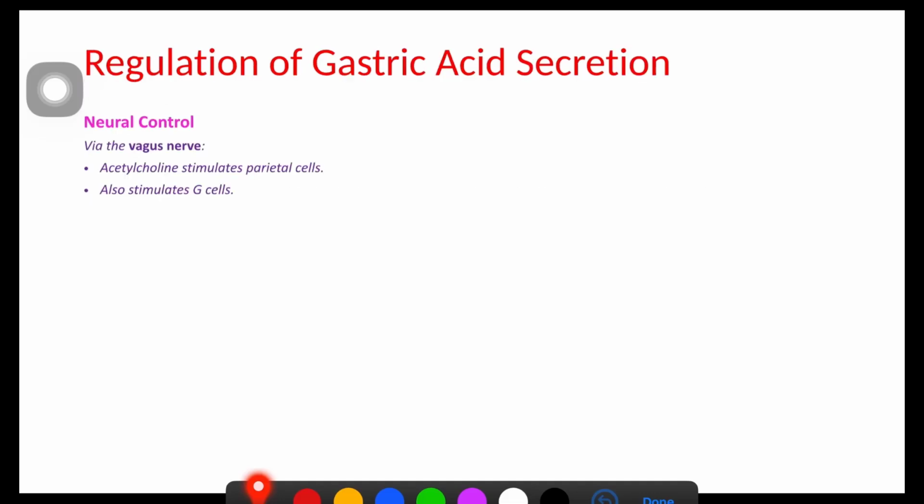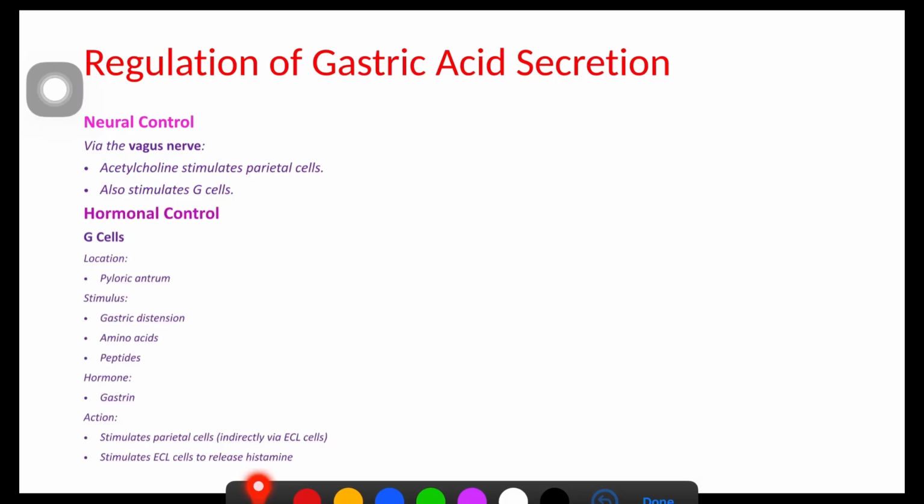Now, how is the regulation of gastric acid secretion done? First is neural control. It is via the vagus nerve, and this vagus nerve leads to acetylcholine, which stimulates parietal cells. It also stimulates G cells. The second control is hormonal control. So G cells are located in the pyloric antrum,